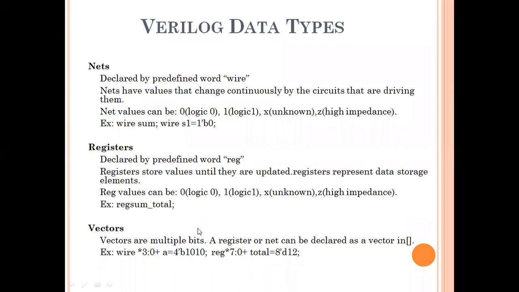Vectors. Again, the concept of the vector is the same as what we use in VHDL. That is, if the size of the constants or the objects is more than 1 bit, then in that case we have to refer to the vector. Vectors are multiple bits, right? Suppose your signal name is sum, and if that sum is only a 1-bit signal, then there is no need of a vector. But if that sum is represented by a 4-bit width signal, then obviously it is declared as a vector, right? So vectors are multiple bits.